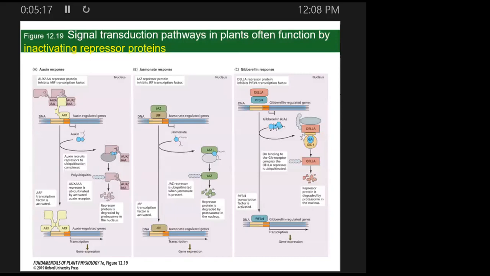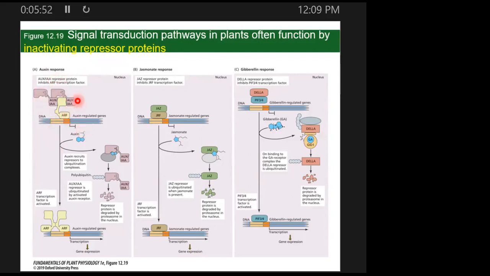Here are some ideas with a few different hormones. I've put in yellow one of the big picture ideas here. Signal transduction pathways in plants often function by inactivating repressor proteins. What that means is that there's a repressor protein sitting on the DNA, repressing that stretch of genes, not allowing for transcription. And when the hormone comes in and binds to its receptor, very often what you see happening